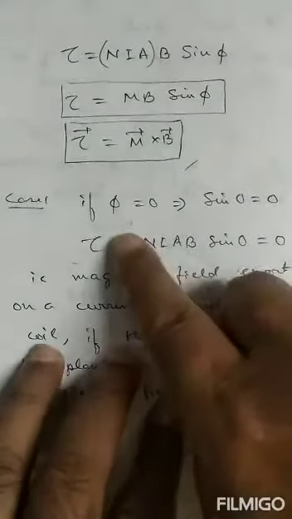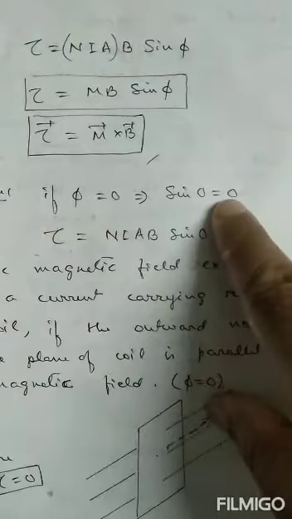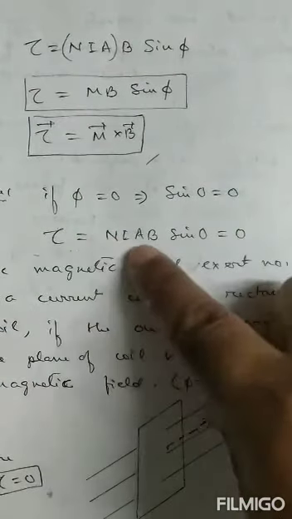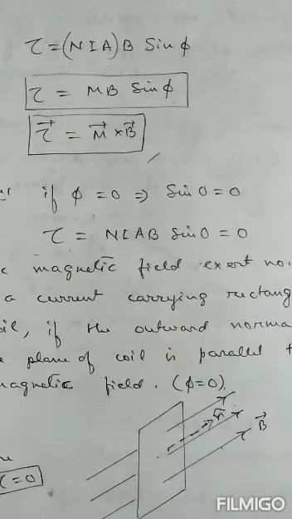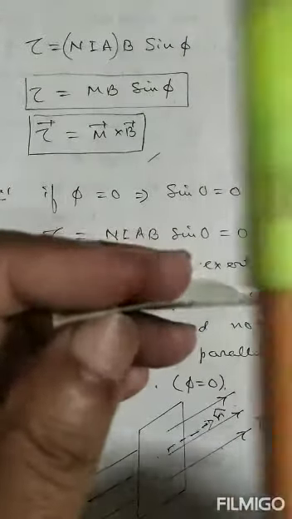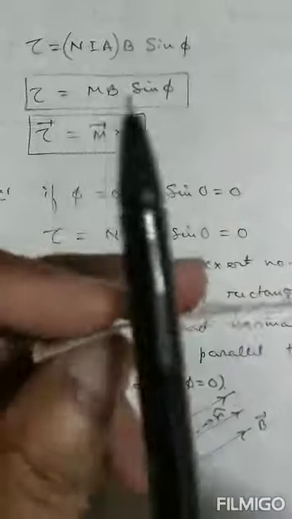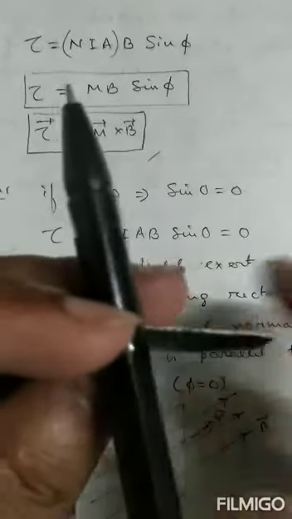This situation is called phi equal to 0. If phi is 0, what is sin 0? That means no torque acts on the rectangular coil. That means if the plane of the rectangular coil is in this situation,